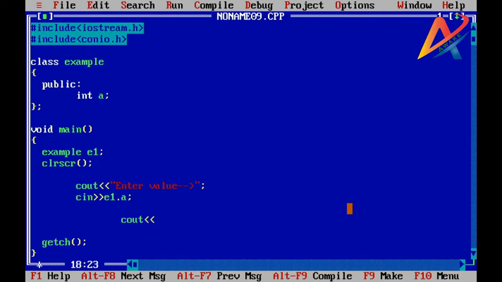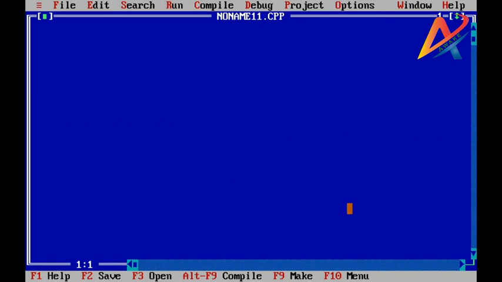Now to print that value, cout e1.a. To run this program, press Ctrl F9. Here suppose the value is 25, so 25 is printed.